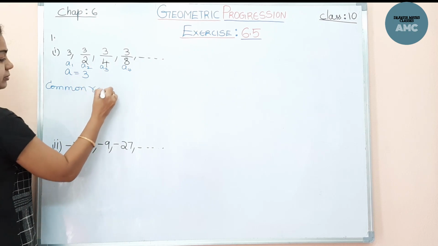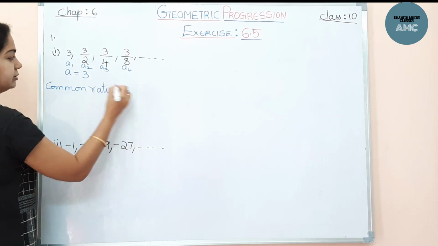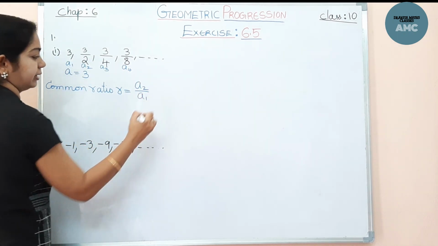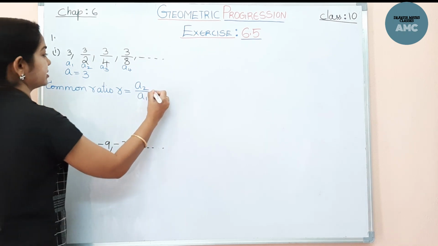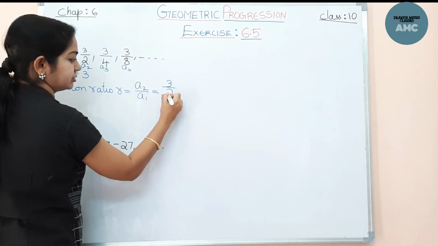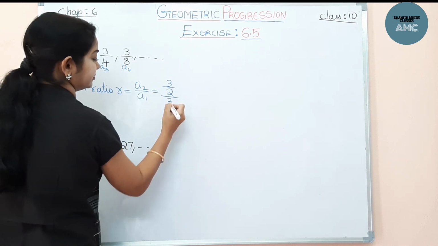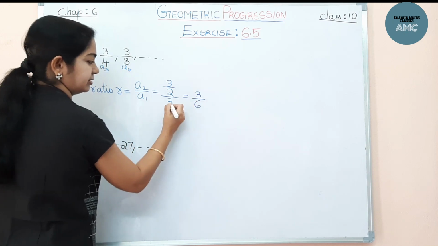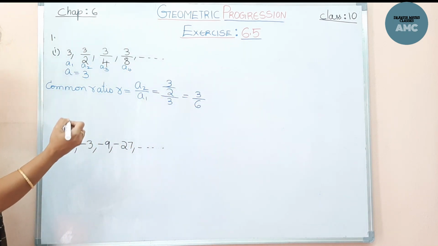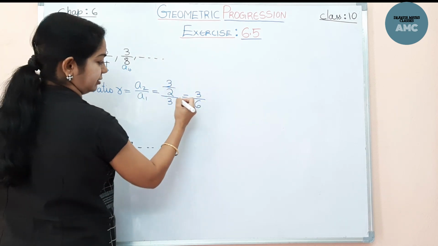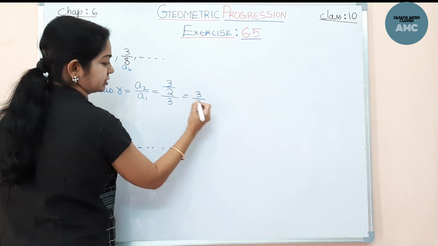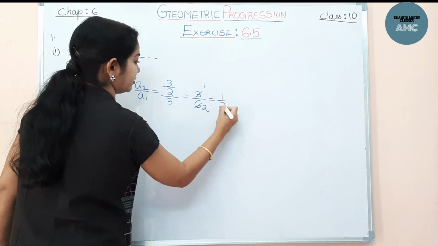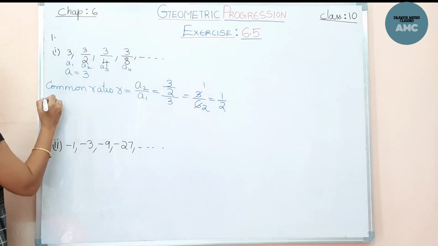If I write it like this, we can easily find the r, that is the common ratio. Common ratio r is equal to a2 divided by a1. Now here, a2 is 3 by 2 divided by 3. Right. This comes to 3 by 6. Here 3 by 1, it goes to the top, that becomes reciprocal 1 by 3. Right, here 1 by 3, that is 2 into 6. So 3 ones are, 3 twos are, that is 1 by 2. The common ratio is 1 by 2 and we need to find the nth term.